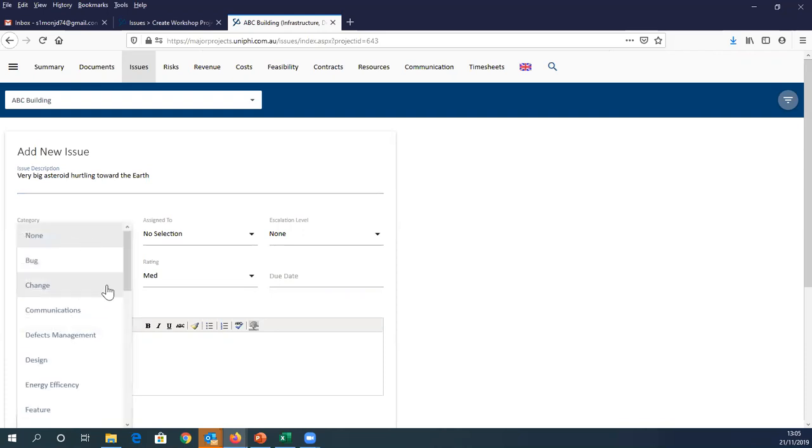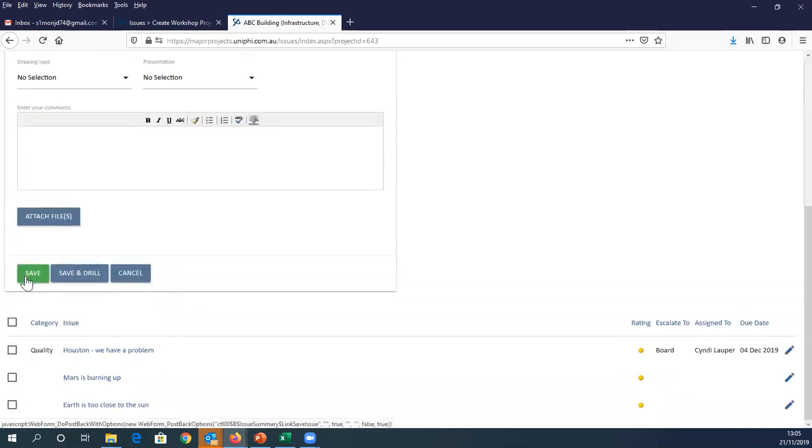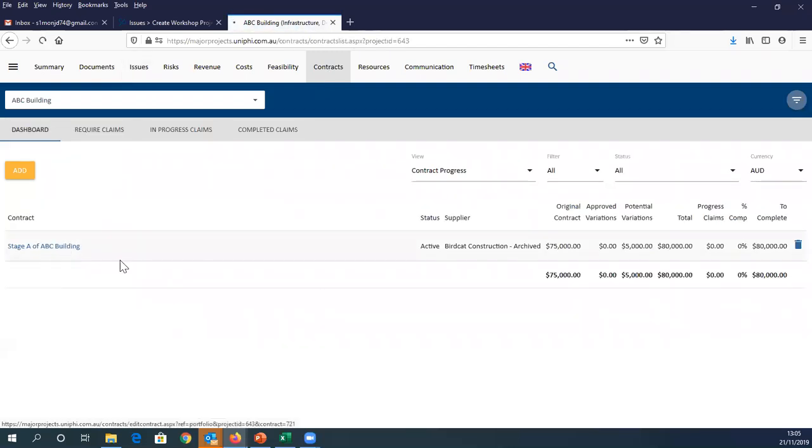So this is going to be a big problem on our project, and it's a design issue. We didn't design the project to take into account the enormous asteroid, and I'm just going to save that there. I've got that issue logged against the project, but I've looked at it, I'm going, this is going to cost us money. So I now can come into my contract in the contracts module,